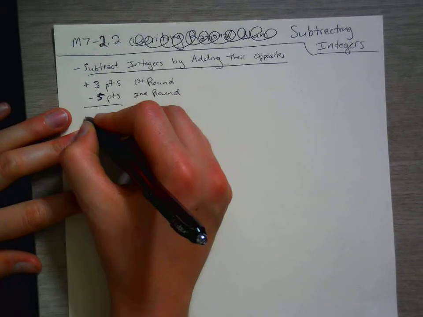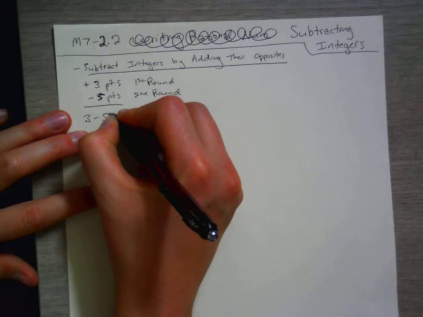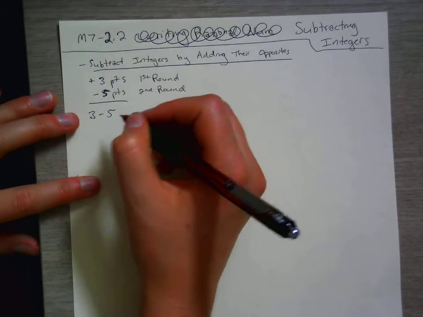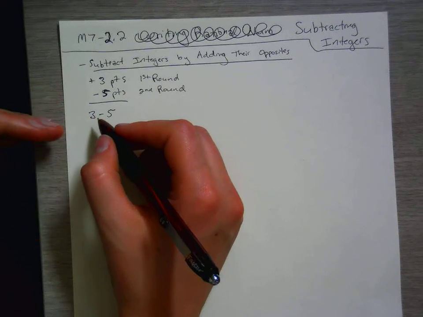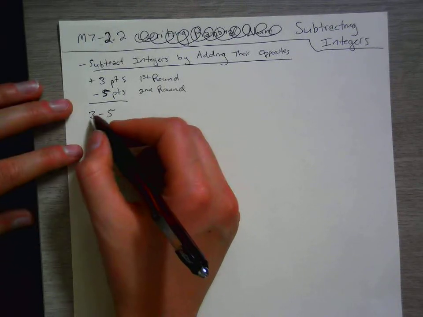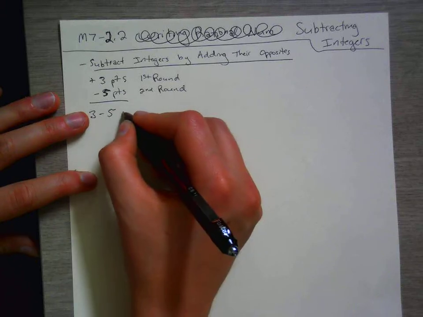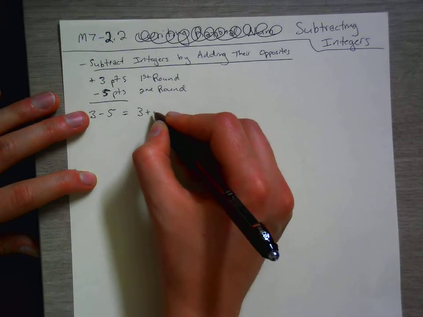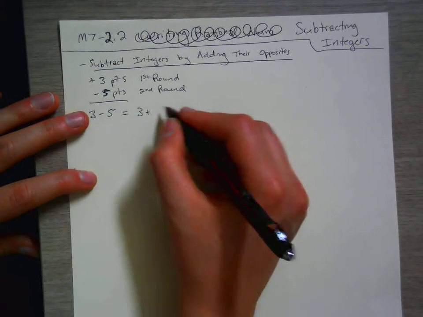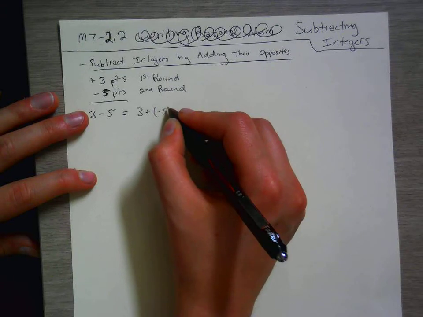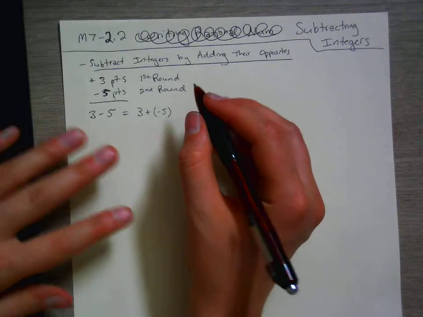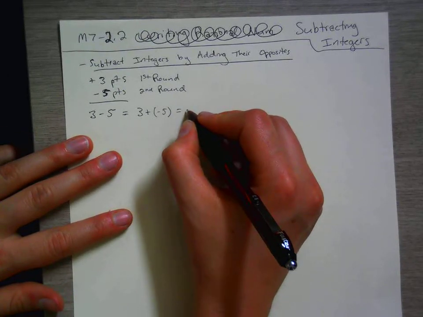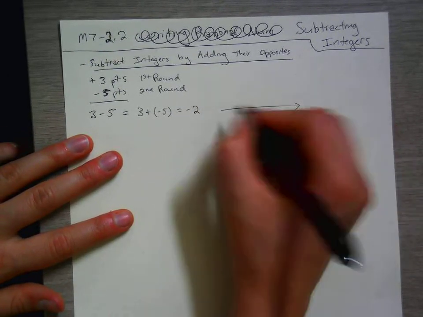3 minus 5. So instead of subtracting 5 from 3, you can add its opposite, because 3 is bigger than 5, so it's a little confusing. So instead, we could add its opposite, 3 plus, what is the opposite of 5? It is negative 5. So we could just add the opposite, and we just learned how to do that in the last lesson. And so we know that that is negative 2, because on our number line,